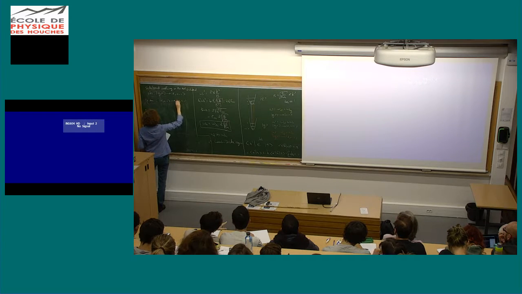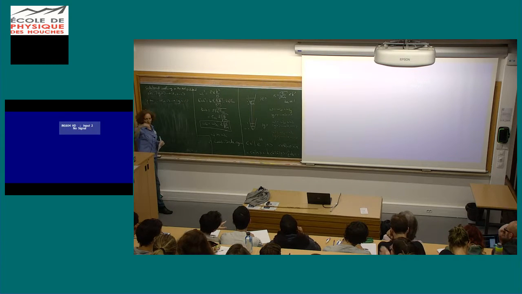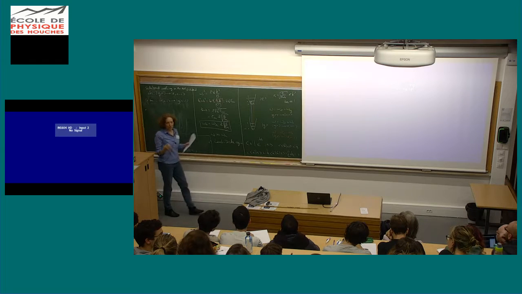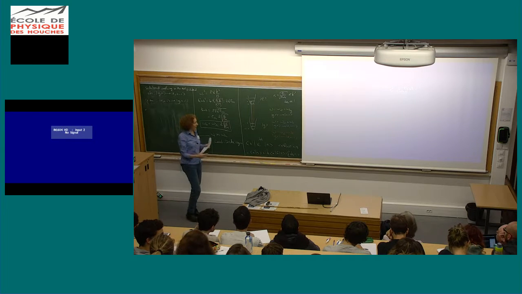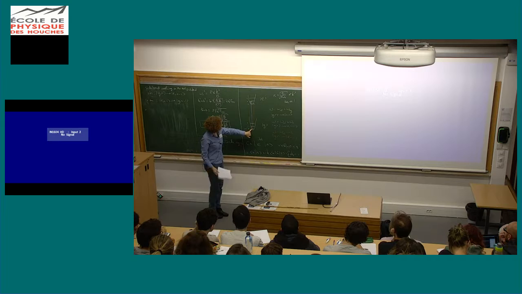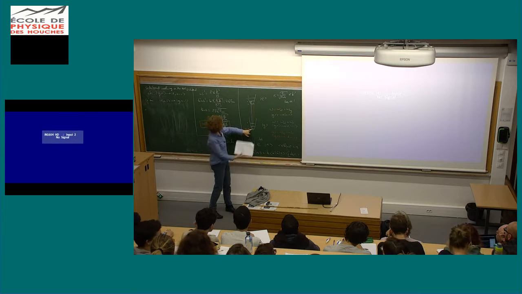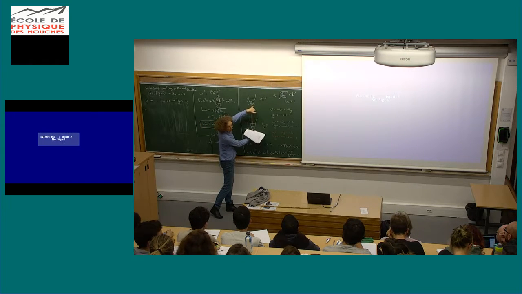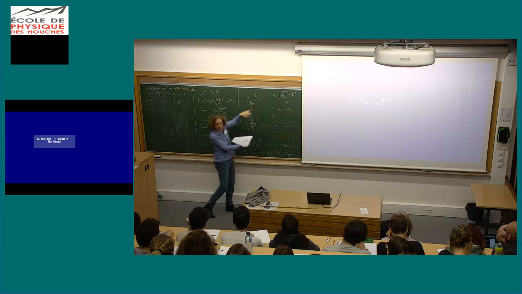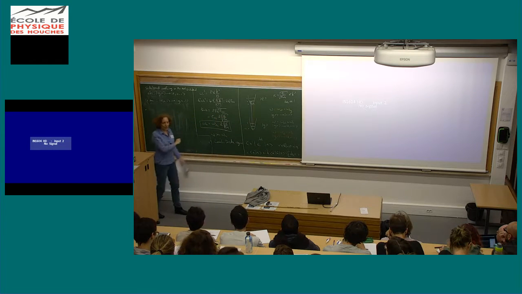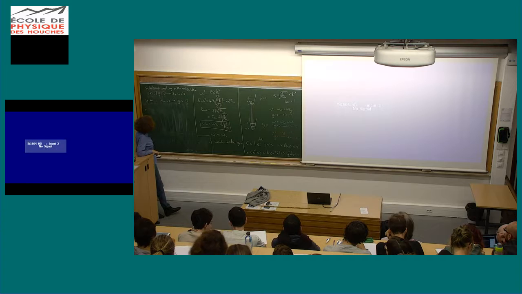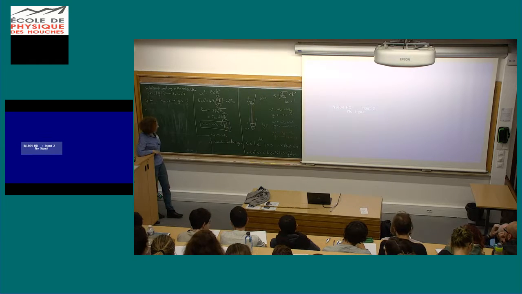So each cycle removes one excitation in the lattice or in the trap, and at the end of the day, the atoms accumulate in the ground state, which is not coupled by the red sideband because there is no n equals minus 1 in the excited state. So this is a way to prepare atoms in the ground state of a strong confining trap.